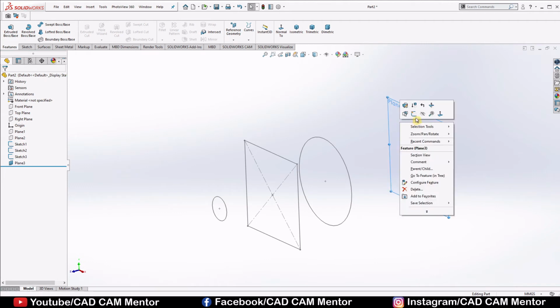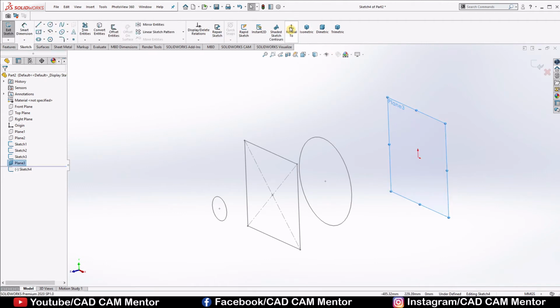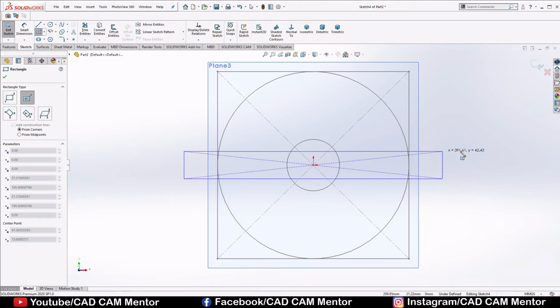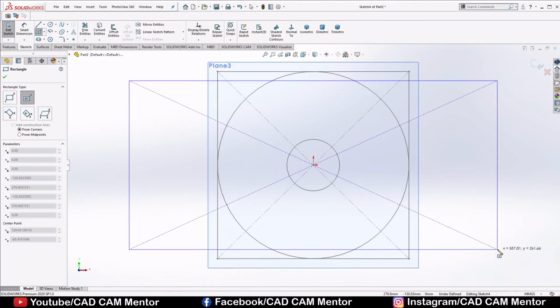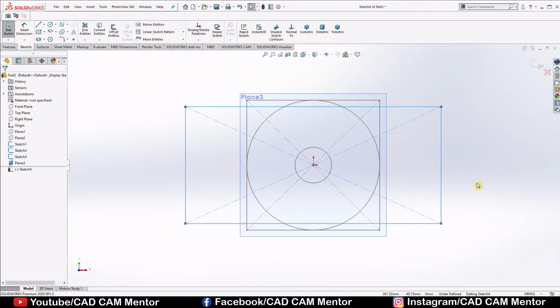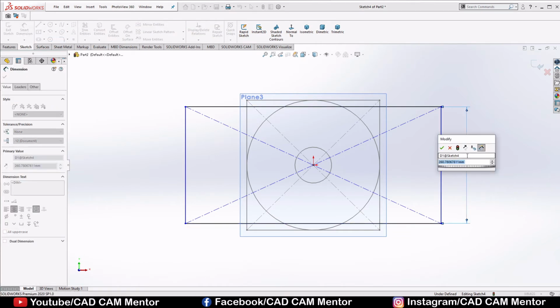Select this plane 3 and select Sketch. Select Normal To. Now we'll draw a rectangle here. So again select this small arrow and select Center Rectangle, and draw one rectangle here. Click OK. Select Smart Dimension. Select this line, we'll put length 380 mm.